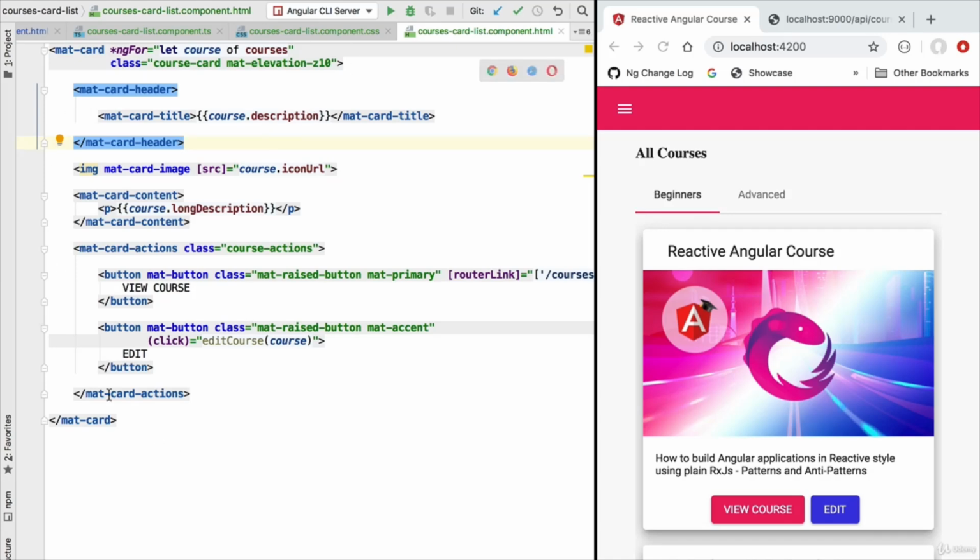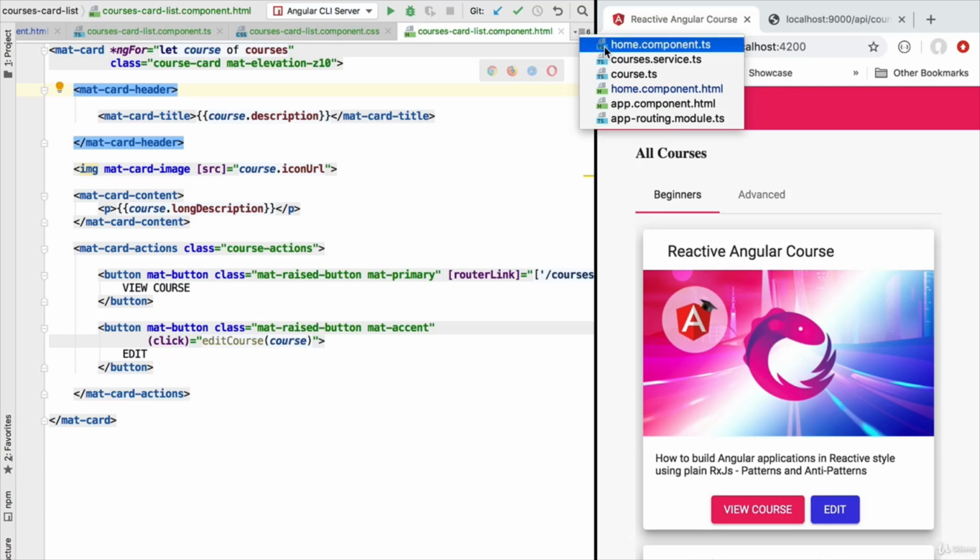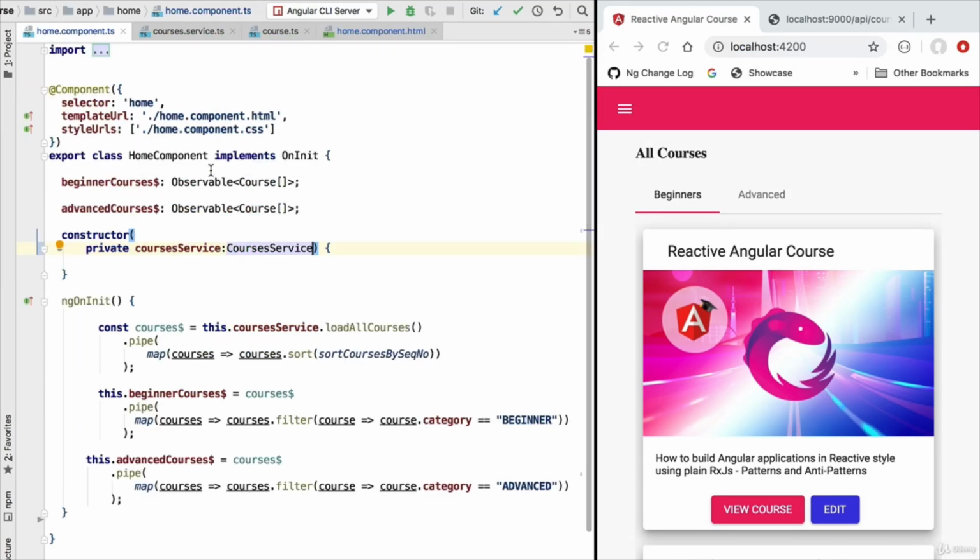We can see why this component is called a presentational component. It's because it only encapsulates presentation logic and very little else. On the other hand, here in our home component, we can see that now it has very little presentation logic. Actually, the main responsibility of the home component is to access the service layer, extract data from it, and pass it to the courses card list